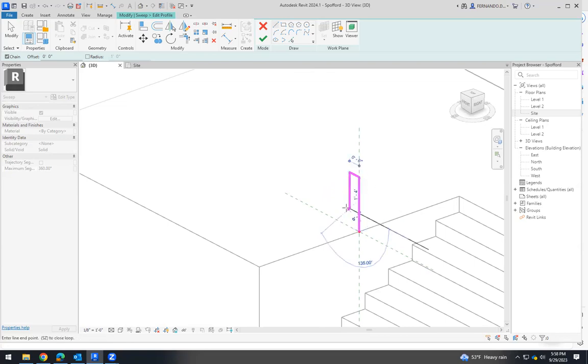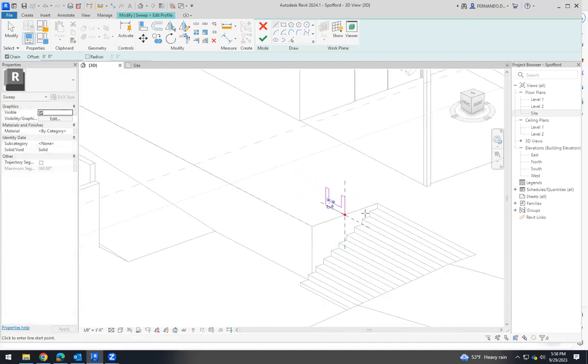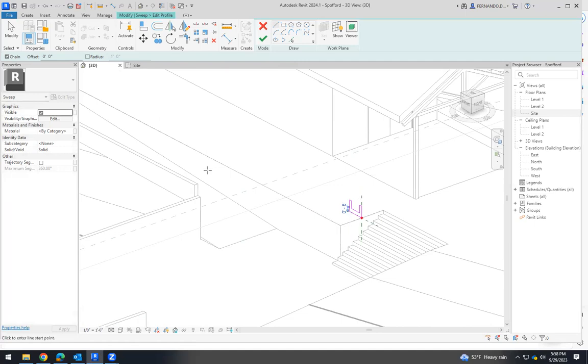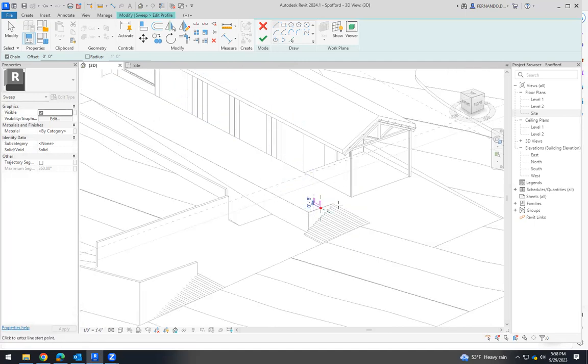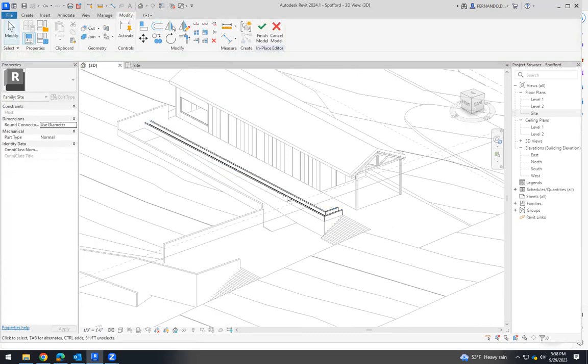And now I'm going to create a U shape. 6 inches here, and then here, and then. Okay, so that's the shape that I have created. And if I click OK, that shape will be swept along that line. If I do this and I do this again, there you go. Okay, so I have created this,